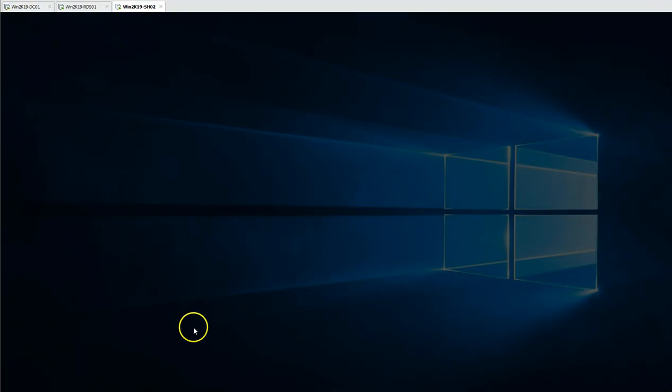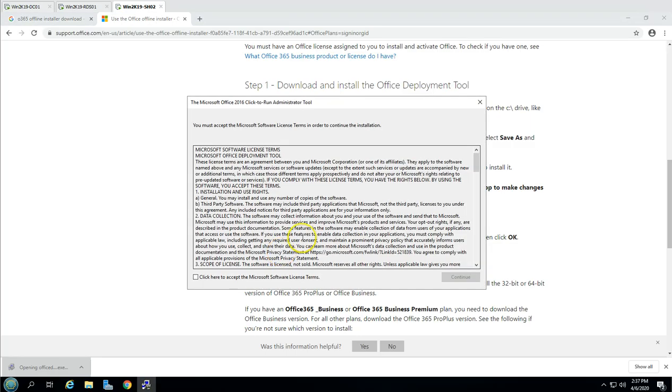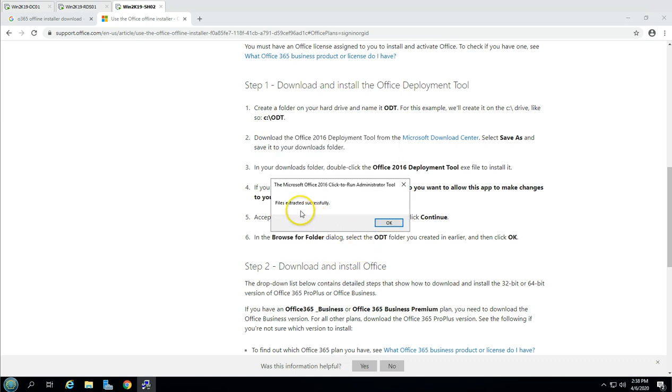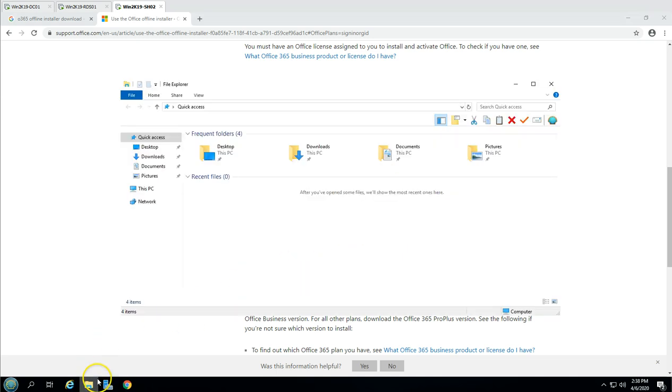So I'm going to open this, accept the license, and click continue. I'm going to create one folder in my C drive. Let's call it ODT Office Deployment Tool, and click OK. Now you can see the files extracted successfully. So if I go to that path,